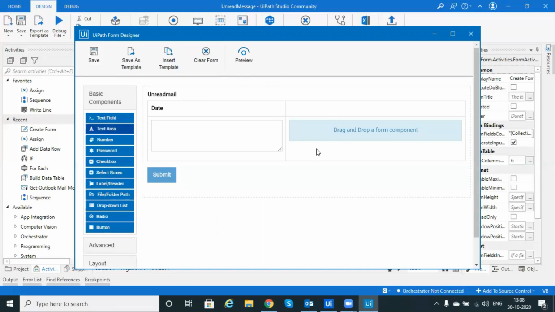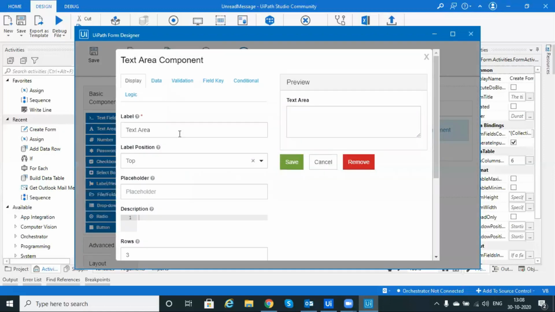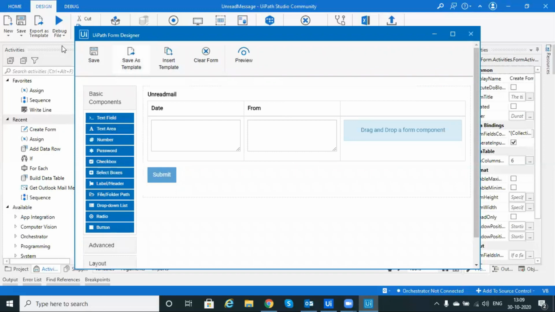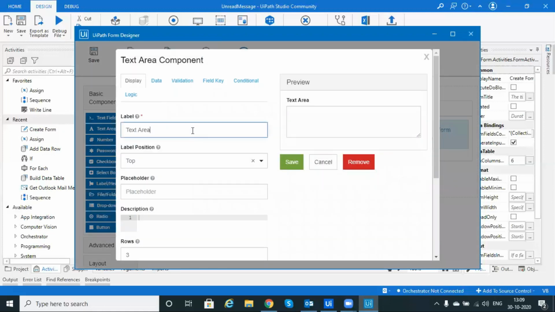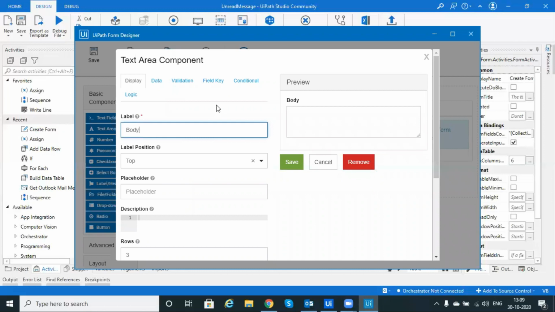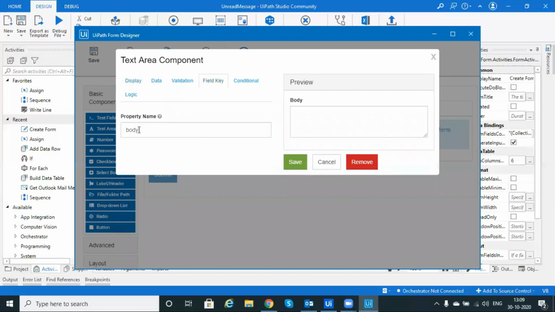Okay, again we will take one more, and here we write from, save, and last for body.